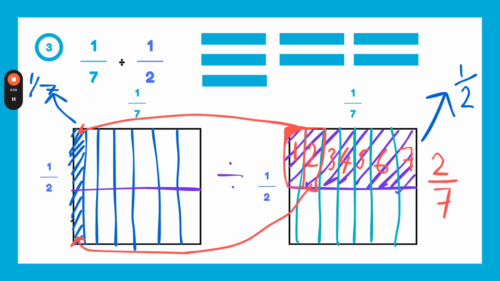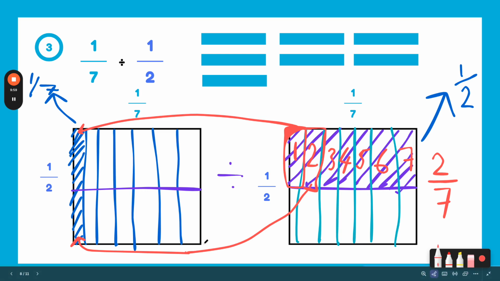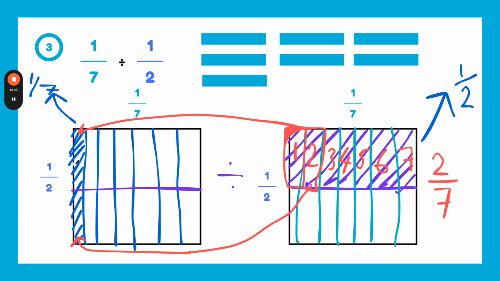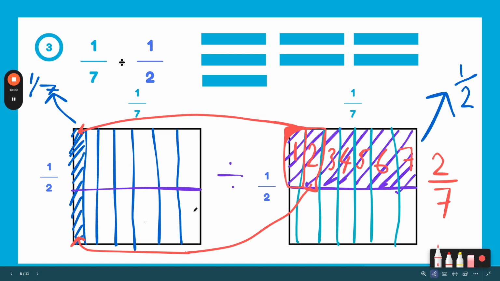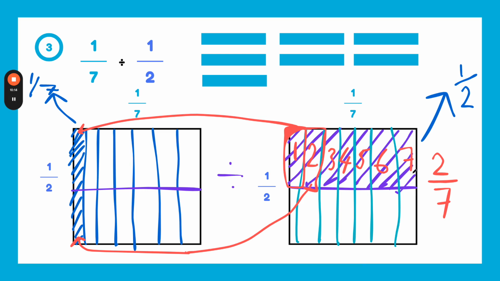Remember, this square represents 1 over 7, and because we split it into half, that means there's 2 pieces that we've managed to find out of the 7 here. So from there, we can say that it's 1 over 7 divided by 1 over 2 is equal to 2 over